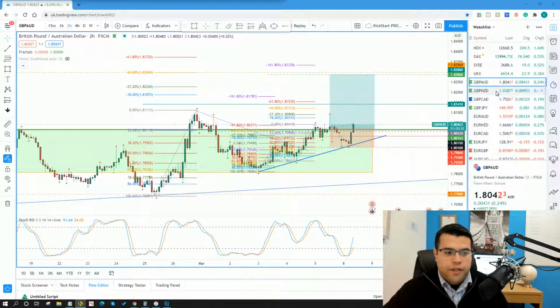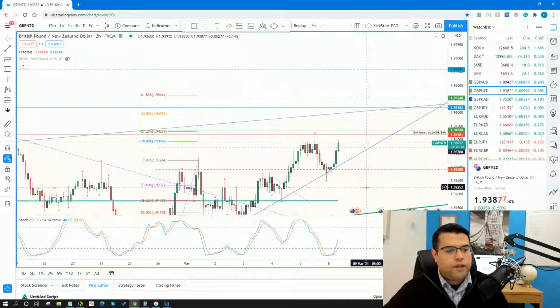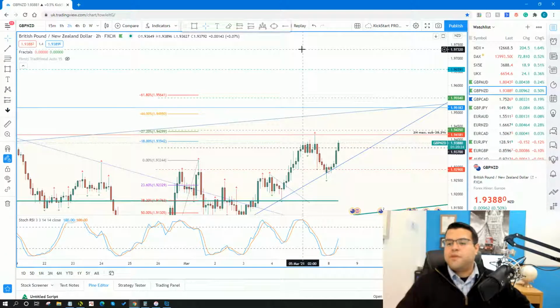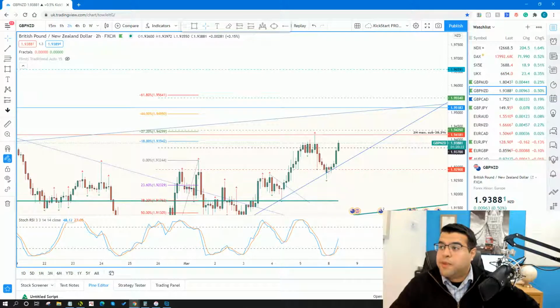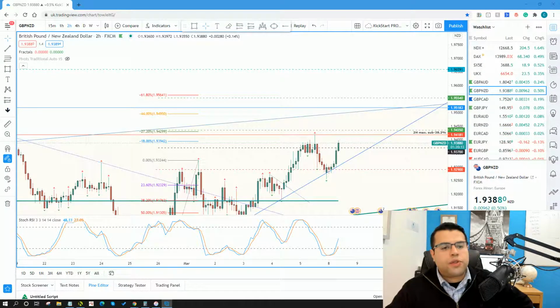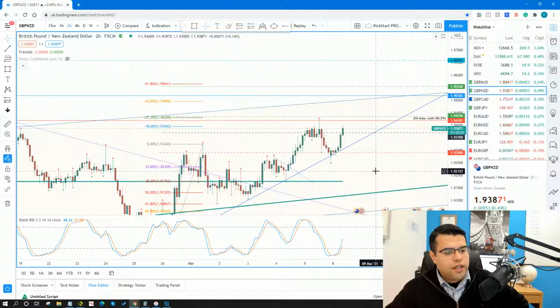Next up is Pound New Zealand. Pound New Zealand is following on the pound strength train as well, as it were. And this is why I'm saying that in terms of cable, what we're seeing over on cable is largely to do with the dollar itself, not so much the pound, because I think there's some good strength inside of the pound this morning. And again, we'll talk more about the dollar side of it in a moment when we get to the dollar. Anyway, up next, Pound Kiwi.